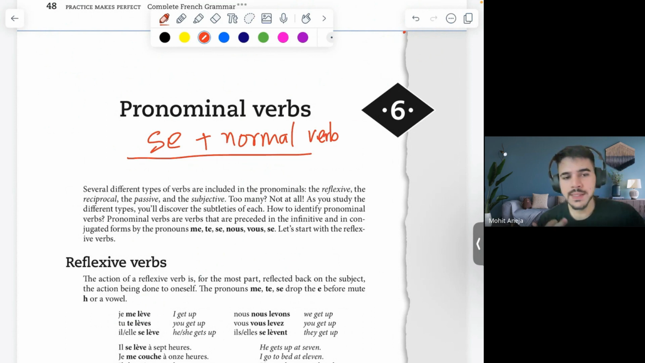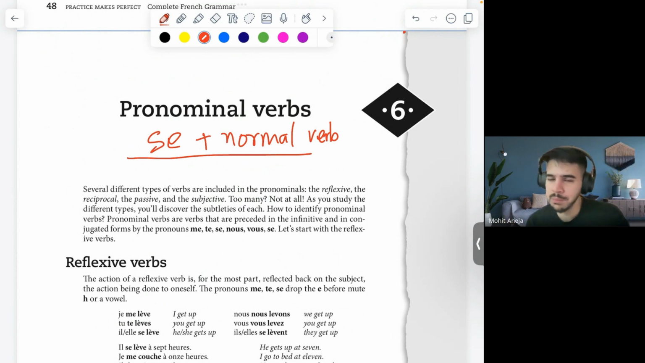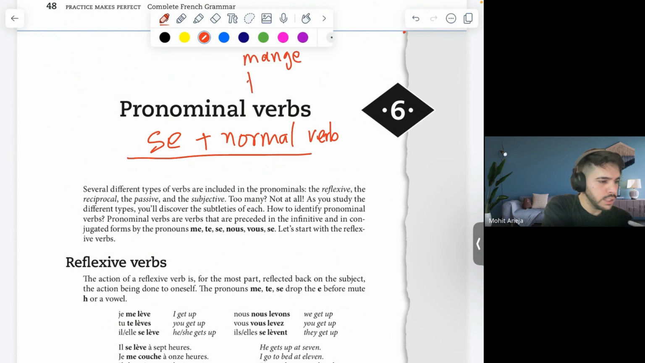ये मैंने क्या लिखा है, se plus normal verb। नॉर्मल वर्ब हमने पढ़ ली है, पहले 5 चैप्टर में हमने बहुत सारे वर्ब्स पढ़े थे। लेट्स फटाफट से शूट सम वर्ब्स जो हमने पहले पढ़े। Manger, parler, travailler, manger, travailler,